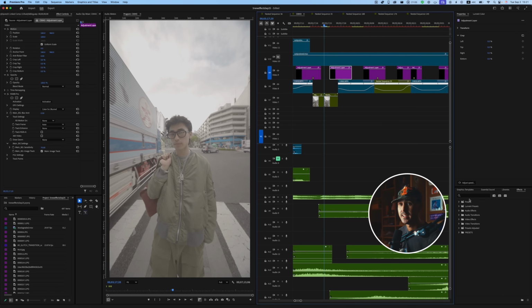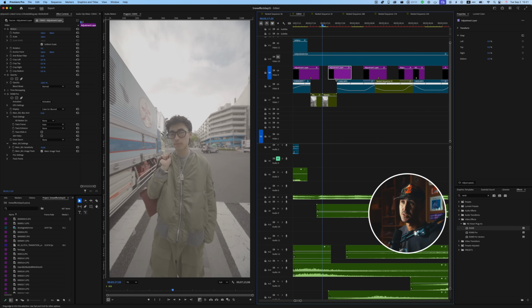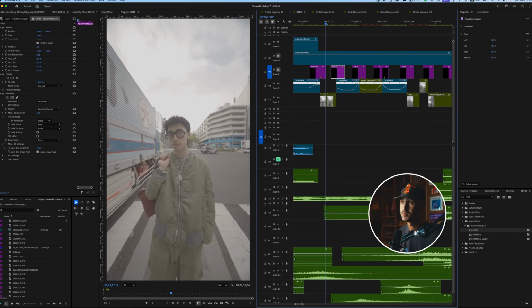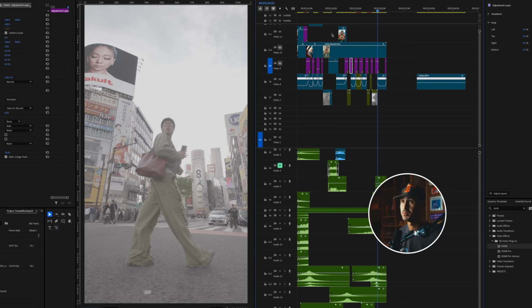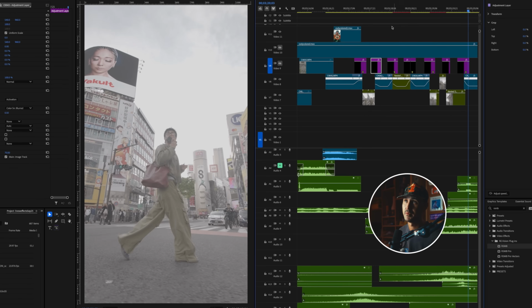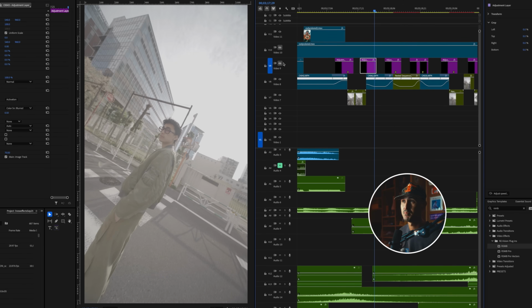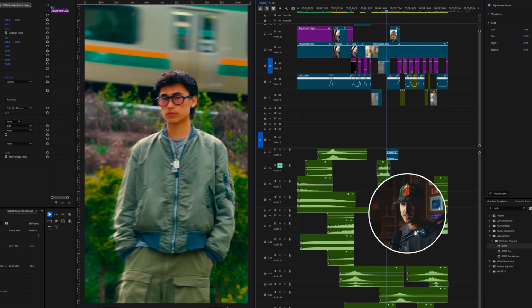So again, I've added a preset or a plugin called RSMB, Real Time Motion Blur. I've just added this onto these adjustment layers just over the speed ramp portions. If you were to play this back with no speed ramp, no motion blur, it's jittery and jumpy and it just looks really bad. Your program probably just can't handle the speed of 1,000%. But with the motion blur, it really adds a lot. And then of course, I think if we listen to this with music,